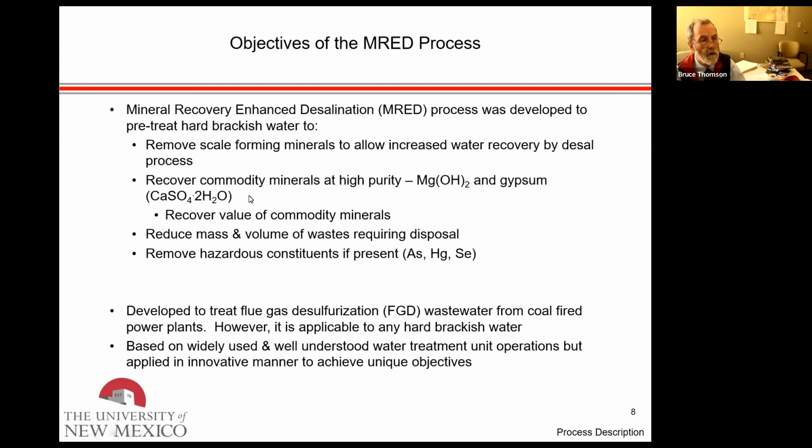It will recover commodity minerals, principally magnesium hydroxide and gypsum. And so instead of having a waste product, we've got something that we can, in principle, sell. Now, in practice, these are low-value minerals. There's very, very little